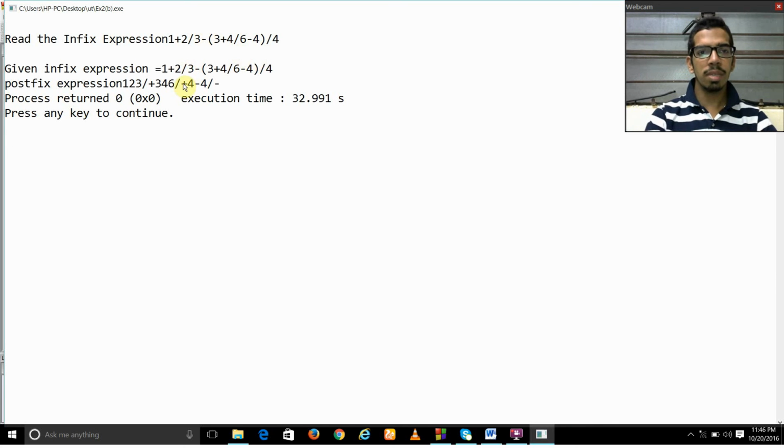See, this infix expression is displayed as we entered it, and the postfix expression, after evaluating it using stack, is displayed. So this was our second